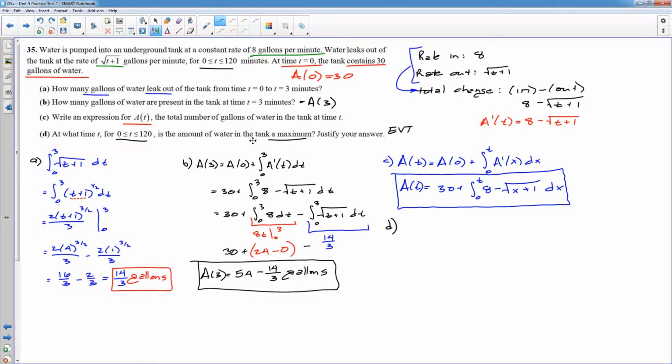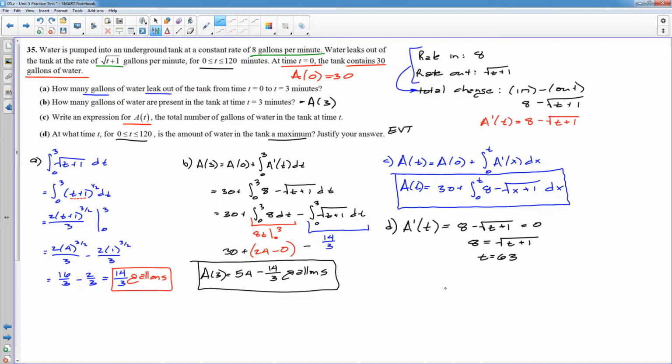Now, all maxima will occur at critical numbers or at the endpoints. So I'm going to first find the critical numbers, which means I need to set my derivative, A prime, which is 8 minus the square root of t plus 1, equal to 0. That means 8 needs to equal the square root of t plus 1. 8 is the square root of 64, so if I can make t equal to 63, I have my